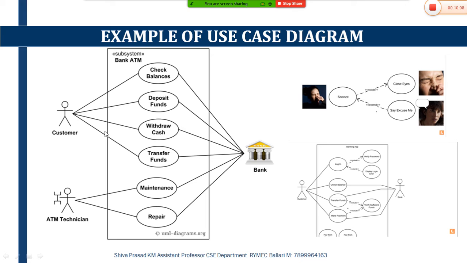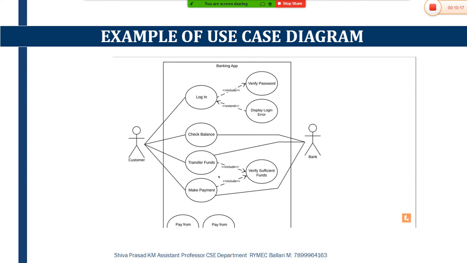The primary actor will have a relationship with all these activities, and the secondary actor will have a relationship with all these activities. So here I have taken one small example in order to explain in depth this particular use case diagram. See, a use case diagram normally involves different elements. One is, as I said, actors, that is primary actor and secondary actor. Second is use cases, the third is the relationship between the use cases, and the fourth is include and extend, which acts as one of the major important functions required for each and every system.